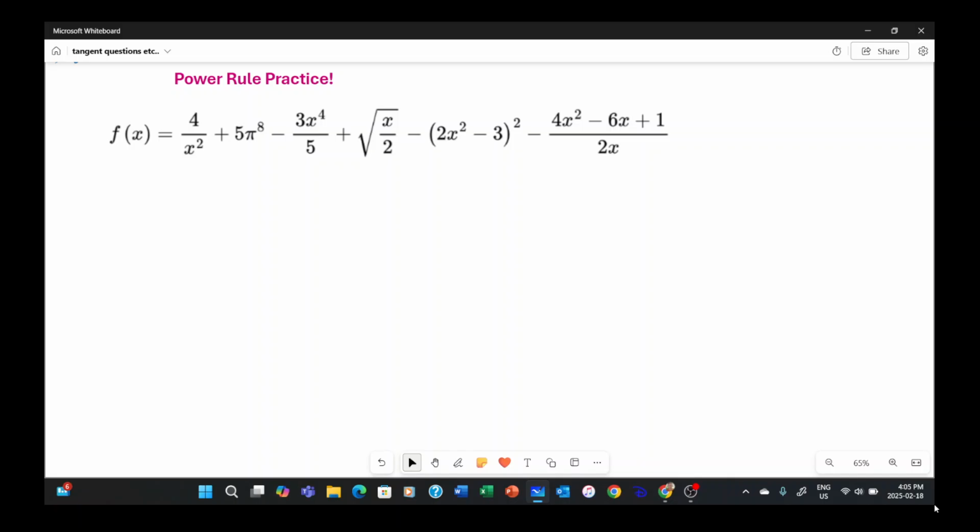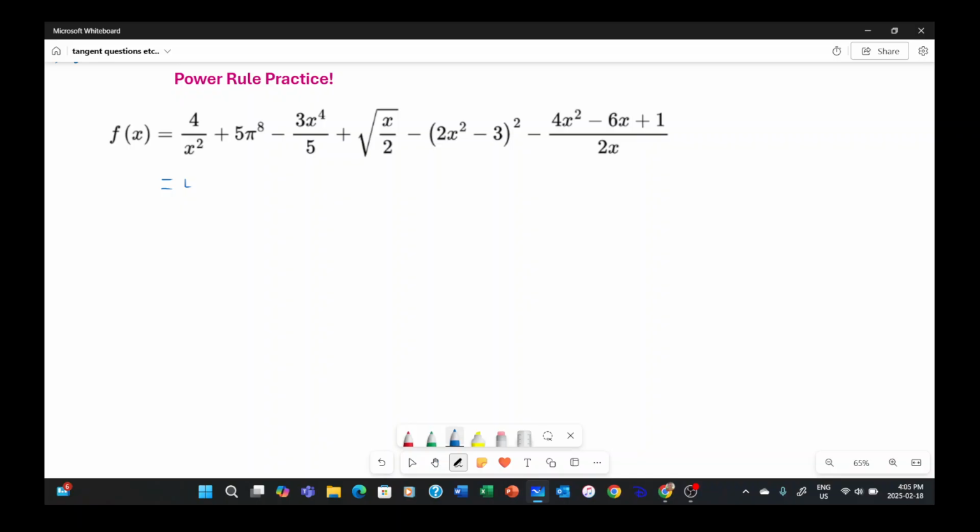I thought I would do one of these power rule practice questions, just like the quiz is going to be, and we'll see how it goes. Now, what we do know is that in order to do something with the power rule, we have to form everything that we have into a polynomial where each term is like ax to the b, like something x to the something. So that's what our first step is going to be here. We're going to have to redo this in a form that we can actually manage and use the power rule for. So first of all,